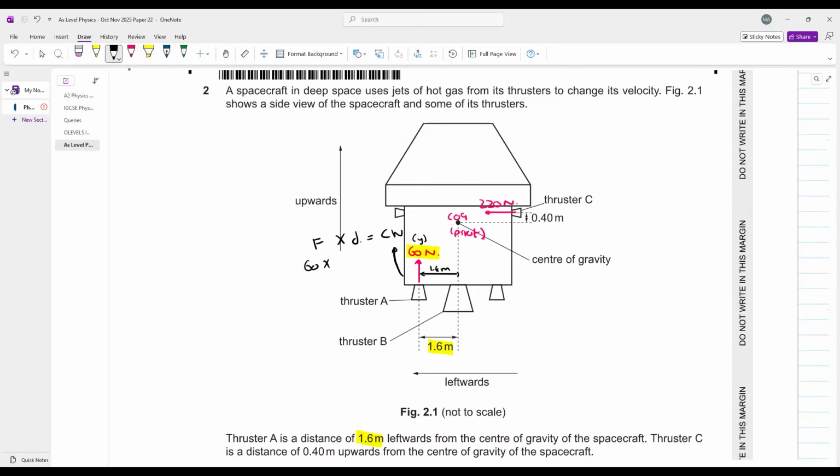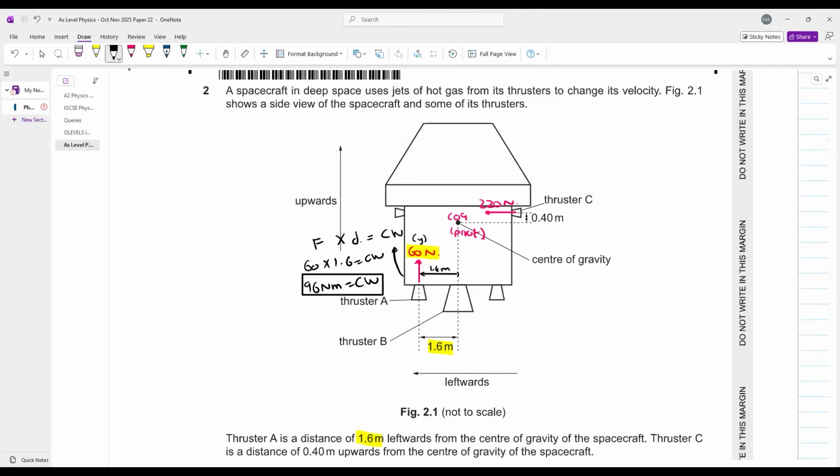Yes, 60 into 1.6. Clockwise moment क्या आ जाएगा? Use a calculator. 60 into 1.6 करते हैं भाई. 60 into 1.6 comes out to be 96 Newton meter as your clockwise moment. Now,